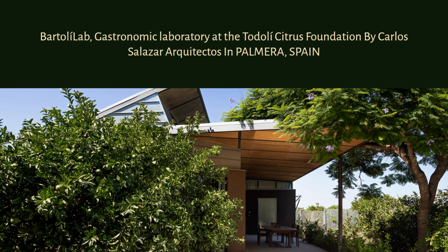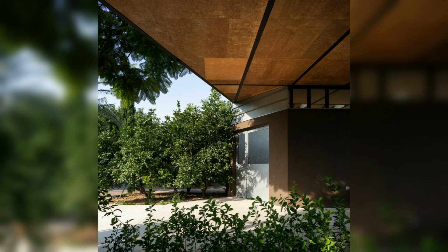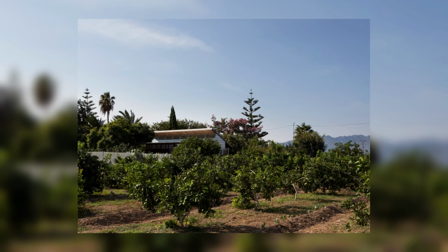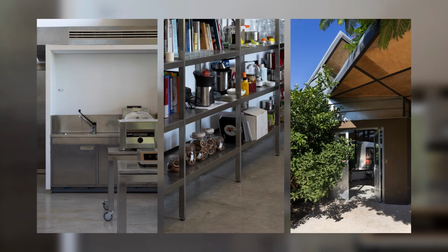BartolíLab, Gastronomic Laboratory at the Todolí Citrus Foundation by Carlos Salazar Arquitectos in Palmera, Spain. In the town of Palmera, between Gandía and Oliva, in an enclave surrounded by orange groves, we find the Todolí Citrus Fundació, where a complex and ambitious project is developed that encompasses culture, gastronomy, research and landscape conservation in a